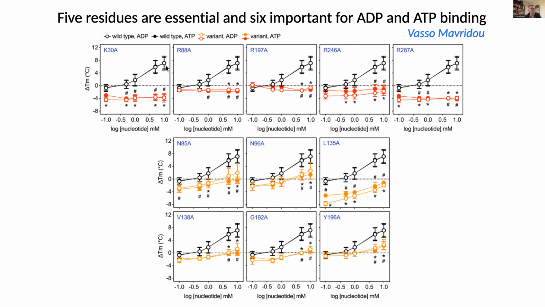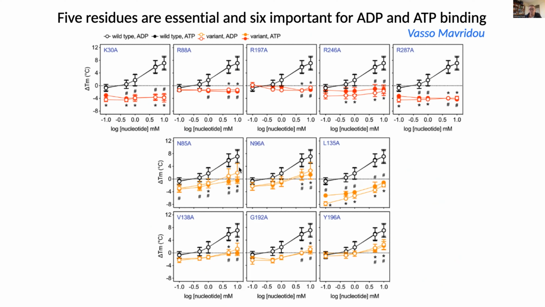And actually what it tells you is that these residues here are essential for substrate binding, where a single mutation completely abolishes binding. And you could see that all of them are positively charged residues in the central cavity. In addition, there are another 6 mutations shown here in orange, where the shift was still occurring in a concentration-dependent manner, but the size of the shift was highly and significantly reduced. And so what it means is that these residues also have a role in substrate binding, but they're not essential